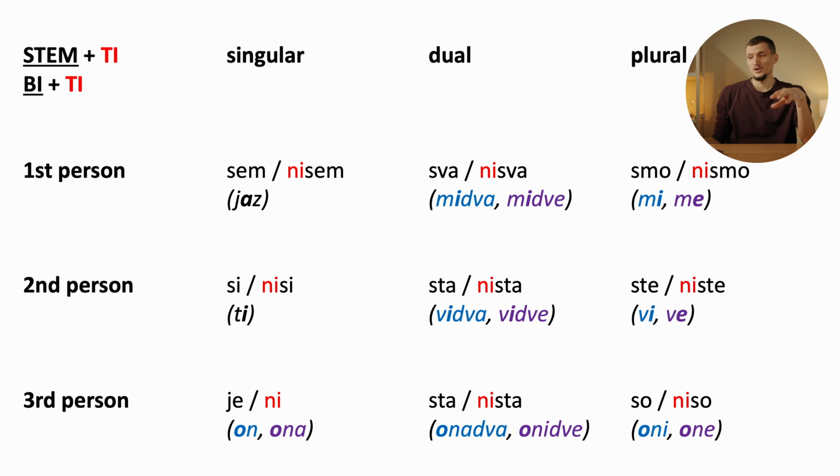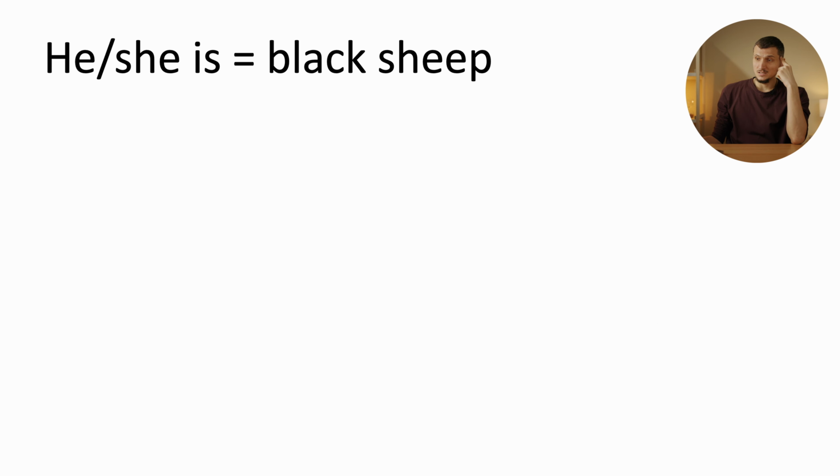So that is the verb to be in the present tense. It's pretty irregular, it's pretty tricky, but once you know about plus S verbs and once you keep in mind this formula of ni plus make one word out of it, it's not that difficult. But it is one of the trickiest verbs in Slovenian for sure. So by far the weirdest one is he, she is and he, she isn't. It's je and ni. So he, she is, the third person singular, is definitely the black sheep of the family,